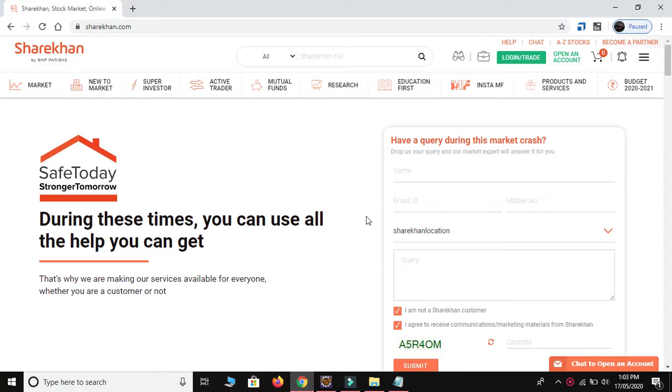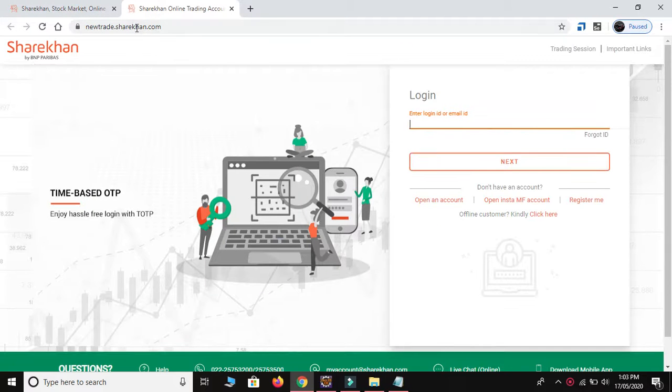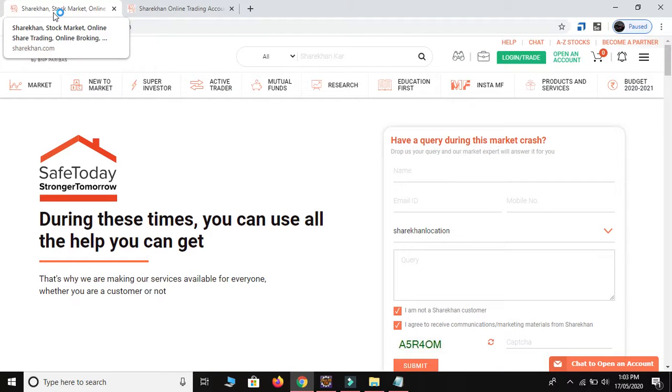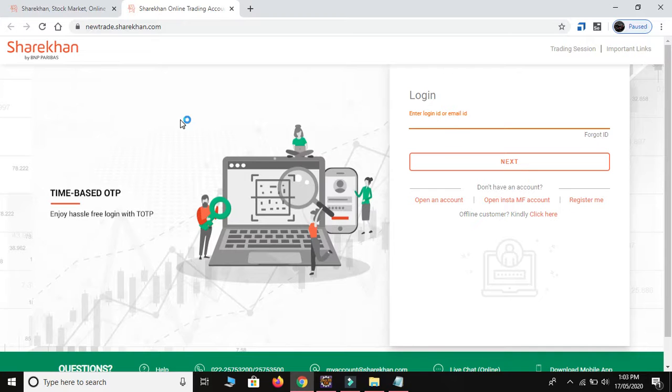Sometimes what happens when we click on some particular button, a new tab will open. Okay, we have this web page as of now, but when I click on this button, login / trade, the second tab, the child tab, should open. And if I need to enter some data here as a login ID, I need to change my control from this parent window to this child window. Okay, this is known as the multiple tab problem in Selenium. So how to manage it, means how to solve it.